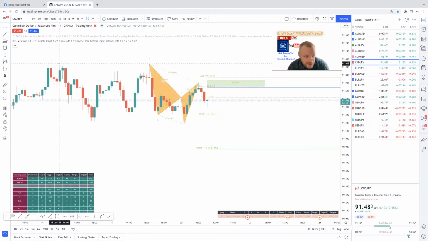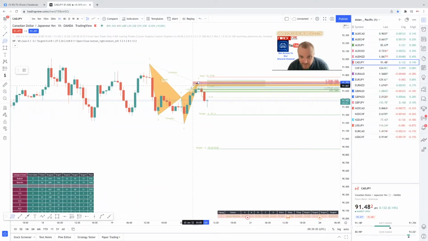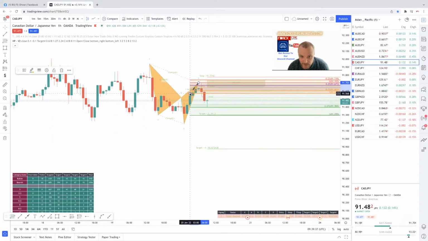That's our hour play, right? So then you go to your fibs. The fibs is described earlier on in the video. Go from the D point, go to one candle to the left to its wick, okay? Now you can see we've come out and there's been no field of play on this at the moment, but